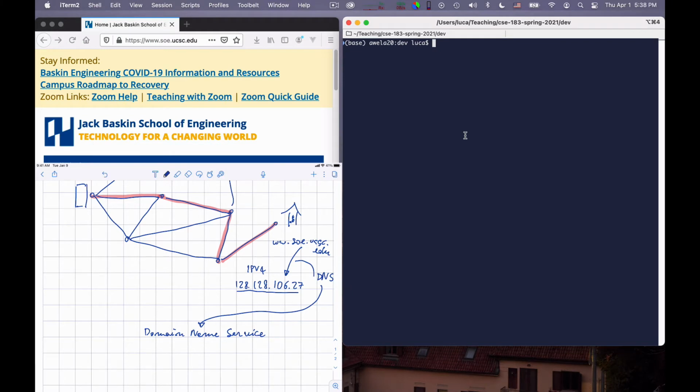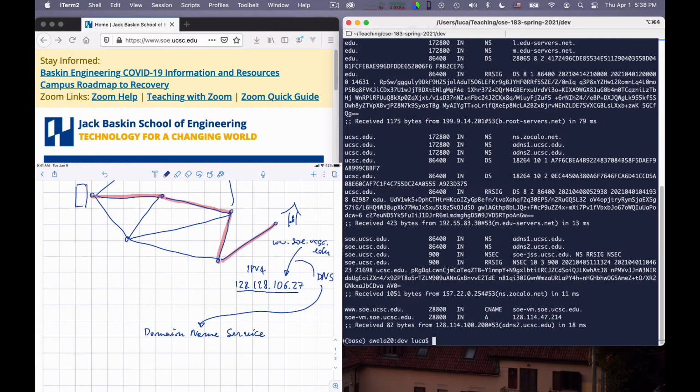So, suppose I want to know what is the domain name associated with www.soe.ucsc.edu. How do I do it? The browser does it automatically, but if you want to do it by hand and see the whole story of it, you can do dig +trace of this. Dig is a command that you can find on Linux and Mac. I'm not quite sure whether it's there on Windows, but you can search for the equivalent on Windows otherwise. So if you give this command, you get a super interesting trace out.